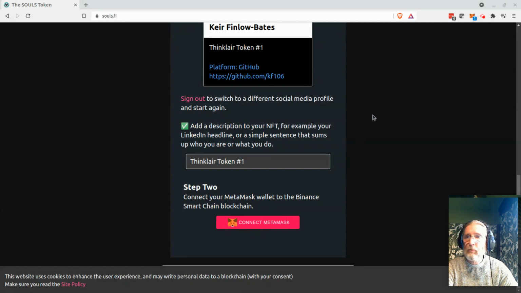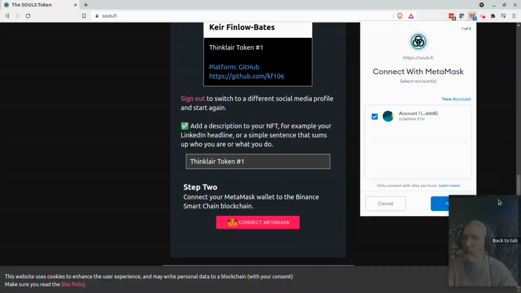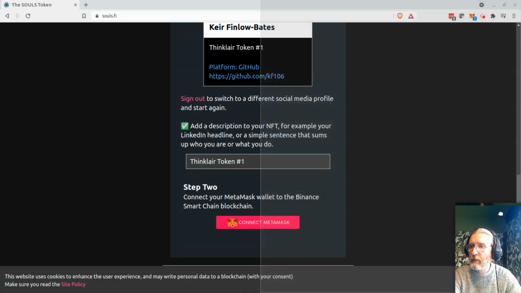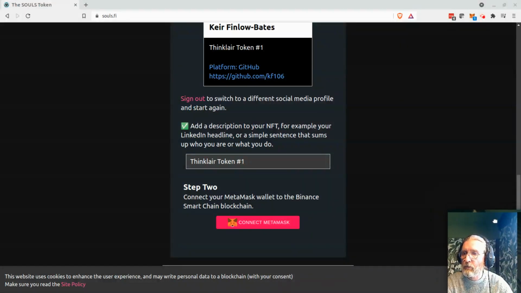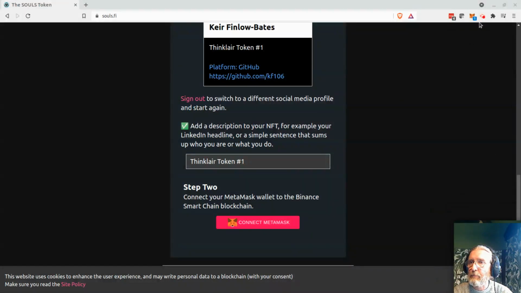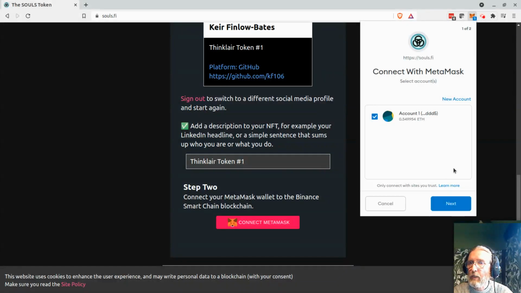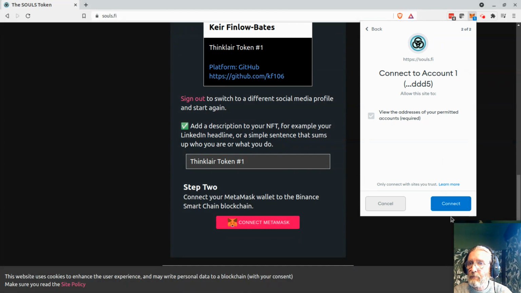Now, MetaMask should pop up. It's giving me a little alert here. Unfortunately, extensions in Chrome and in Brave are not always reliable. Sometimes you actually have to click on them, and it looks like my picture's in the way there, so we'll move that out of the way too. Here we go. My head can disappear down to the bottom there. So the site is asking to connect, so we'll say yes.